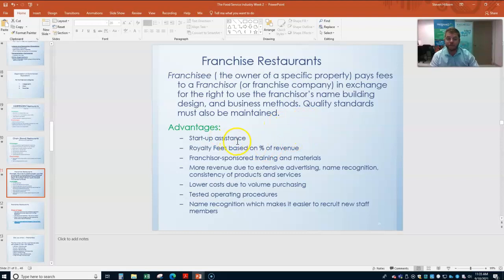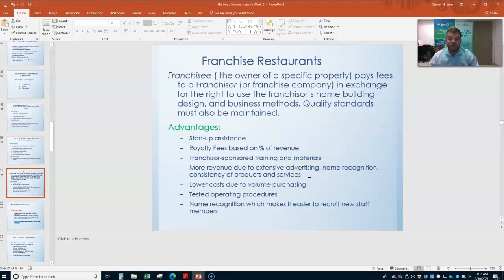So the other advantages are the startup assistance. They'll bring in people and they'll bring in all the standard operating procedures and all the stuff that you need to get going. They'll tell you where your suppliers are and how to purchase and really help you out. The royalty fee is based on percentage of revenue. So every franchisee must pay a franchisor a percentage of their revenue. So 5%, 10%, 20%, whatever it might be. They give you the training materials,